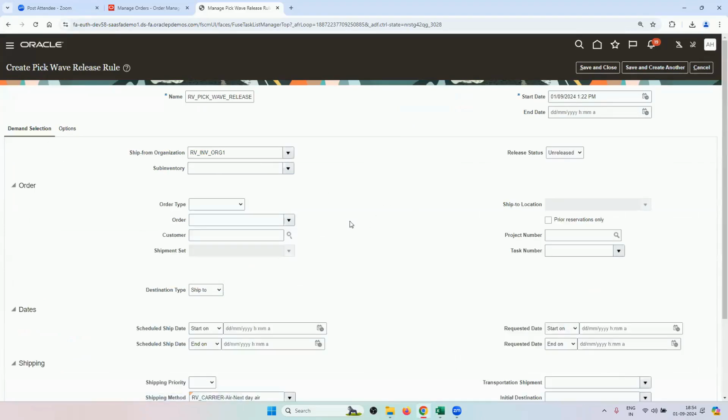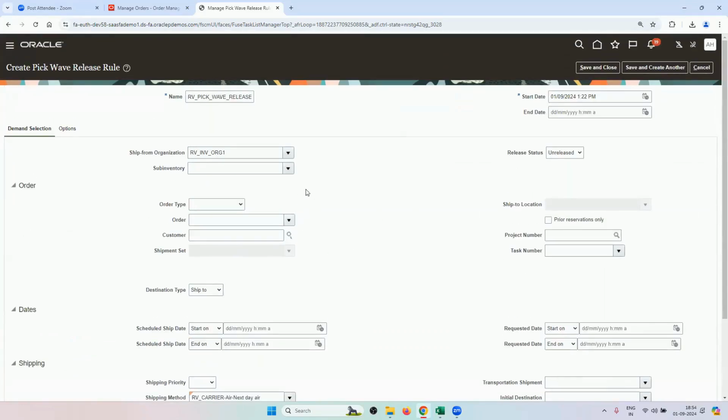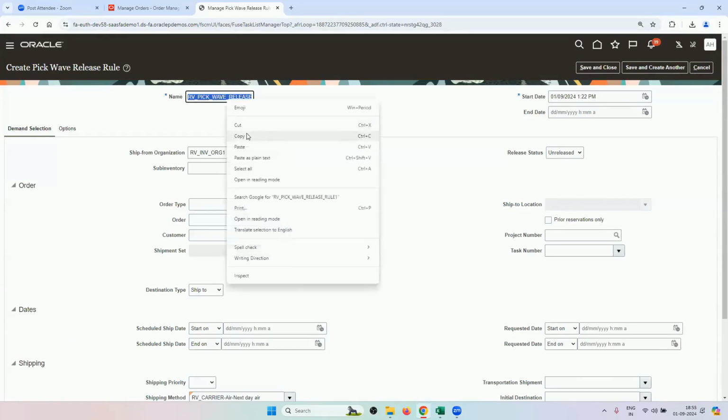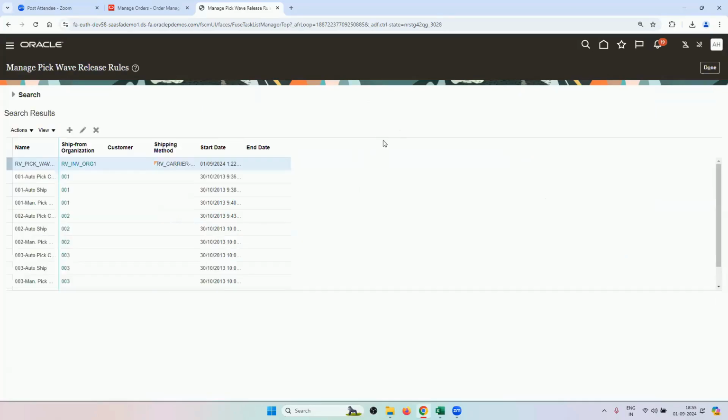If I go on the first line, see other things, if you want to default while creating a pick wave, you can give, but it will restrict your pick wave creation if you give other things. You can always override, but this much should be enough. I will click on save and close. And I will do the same with second org. Plus,